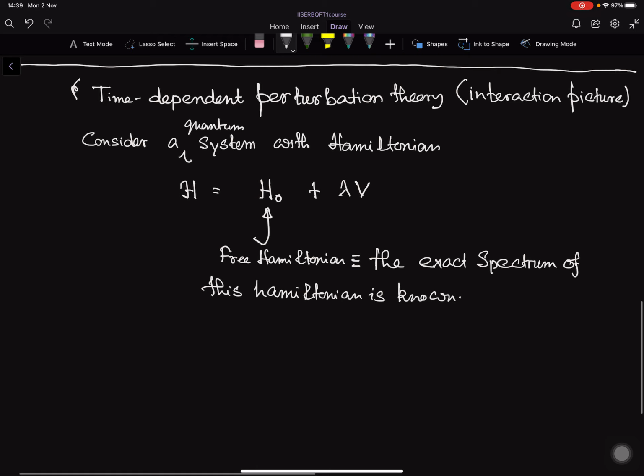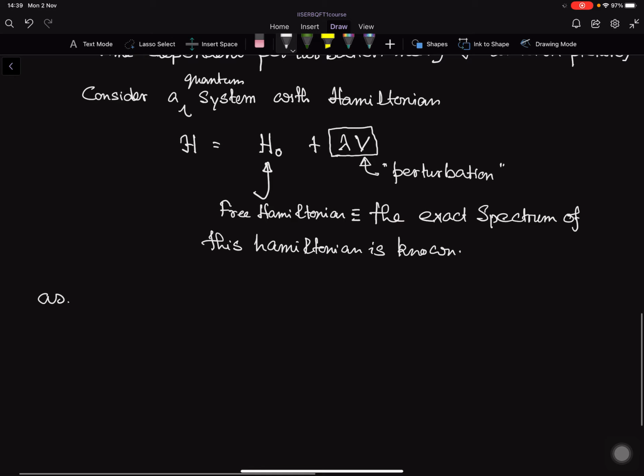Okay, and this is usually called the perturbation. And we assume lambda is small,